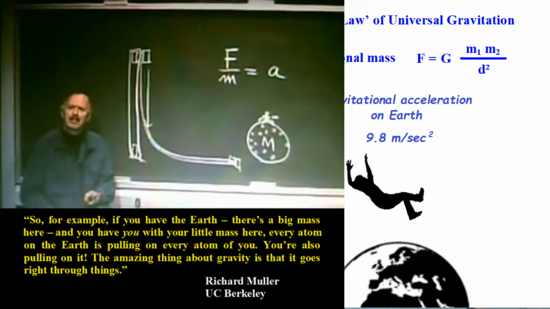We're saying you've got to put something there, especially an elongated object. If you're falling from an airplane, hopefully every atom of you is connected to every atom of the Earth. And by what means, if not some kind of elongated object? And then he adds, the amazing thing about gravity is that it goes right through things. Now, how can you do that? Mathematically, you can do it easily. You just put a number. But how do you do that physically? And that's, I guess, the issue